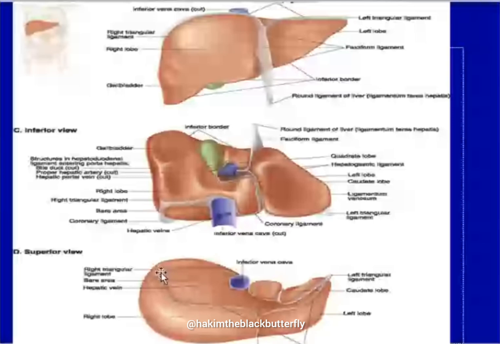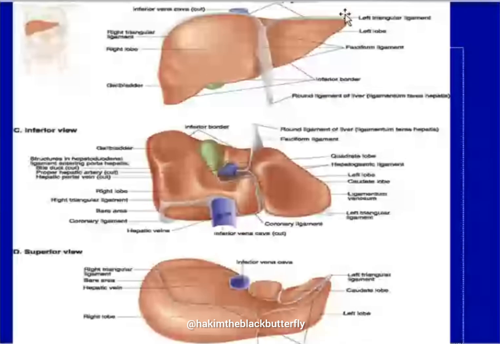So at the extreme end of the coronary ligaments, there's a bending which forms the right triangular ligament, and on the extreme left, there is another bending which forms the left triangular ligaments. So here we have the left triangular ligament, and here we have the right triangular ligament. The coronary ligament on the right is this one, and the coronary ligament on the left is that one. Both the triangular and coronary ligaments on the right and on the left participate in the attachment of the